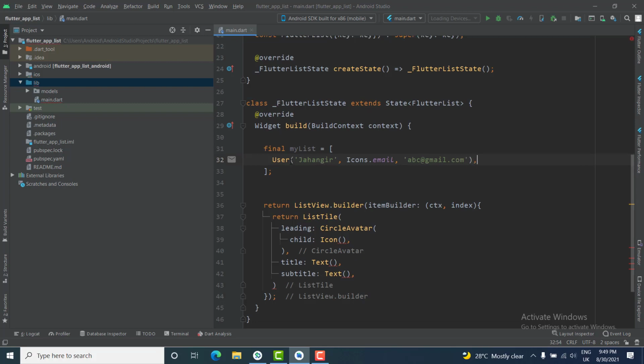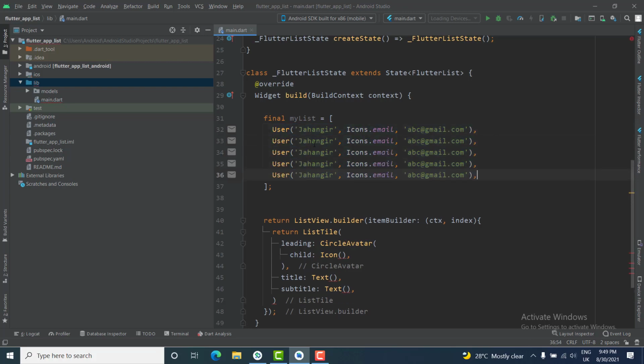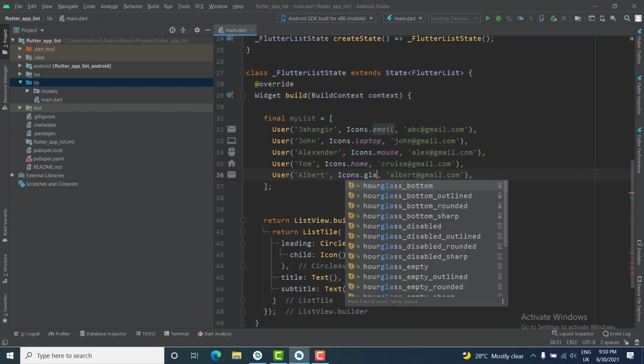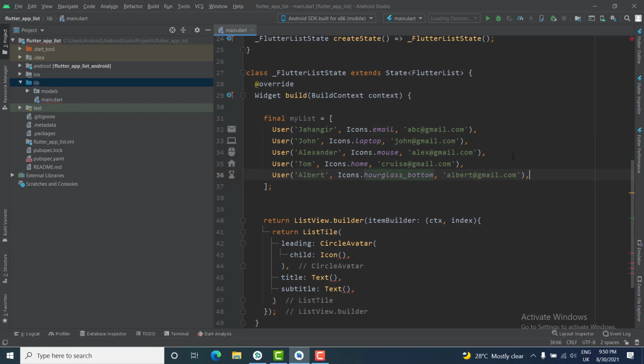Now we need to generate more items. I'll duplicate them all. Now John at gmail.com. The icon would be the laptop. Alexander, the mouse. Okay, random names, you can give whatever you like. Alex. Now Tom Cruise at gmail.com. I will add home. Lastly, Albert at gmail.com. Okay, so now